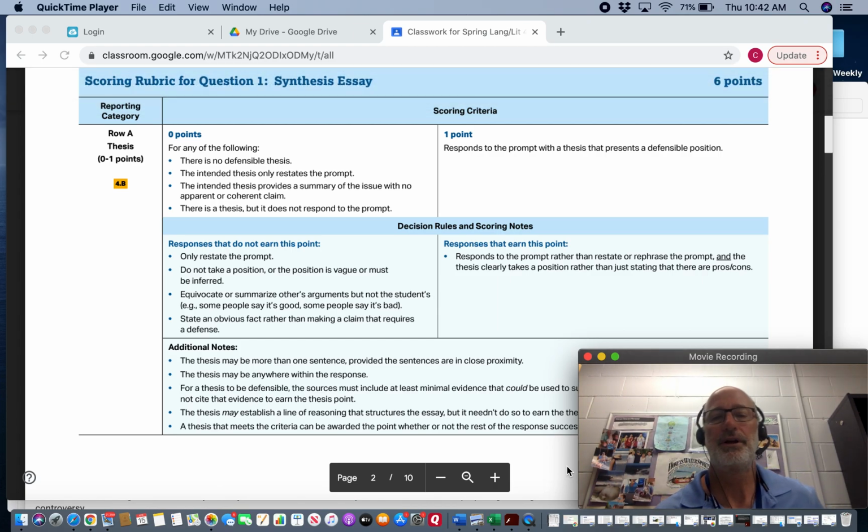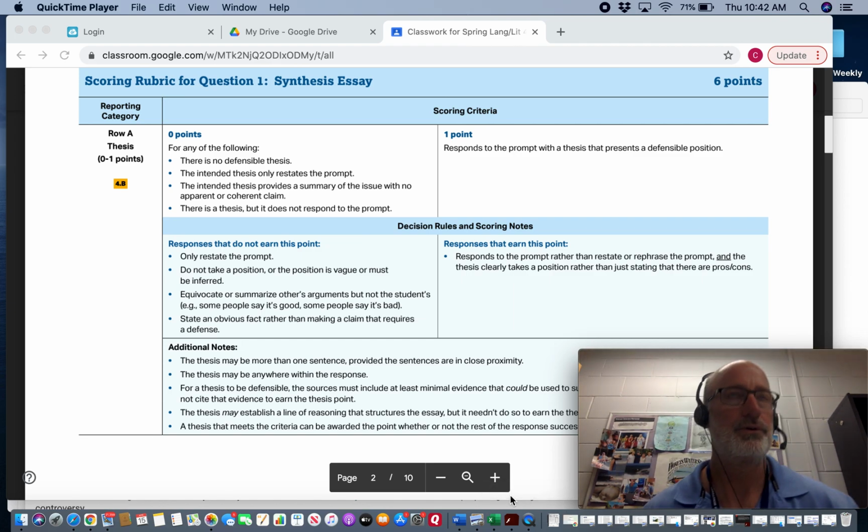Today we're going to be working with question 1. I did an overview a couple weeks ago. We're going to do question 1 today. What I'm going to do is look at the rubric and pull up a question 1 from